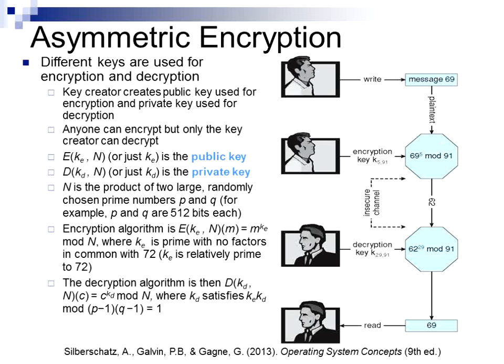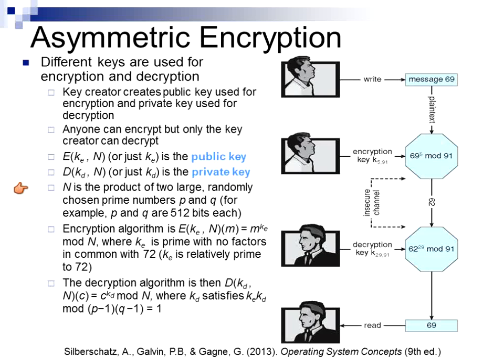Asymmetric encryption uses different keys for encryption and decryption. The encryption uses a public key, the decryption uses a private key, and your book goes through a whole sequence of what happens with RSA encryption, where it goes through this algorithmic calculation to do the encryption and decryption, where N is the product of two large randomly chosen prime numbers, P and Q, and then the key is chosen